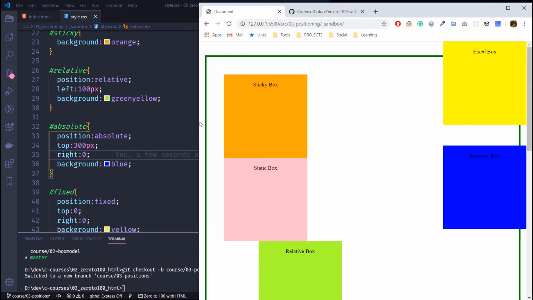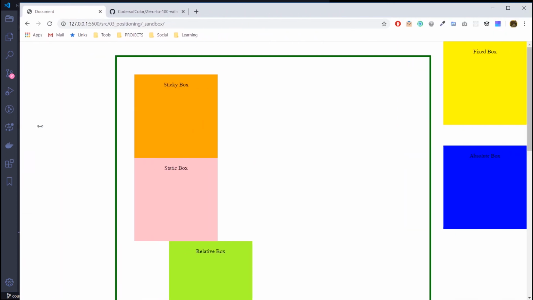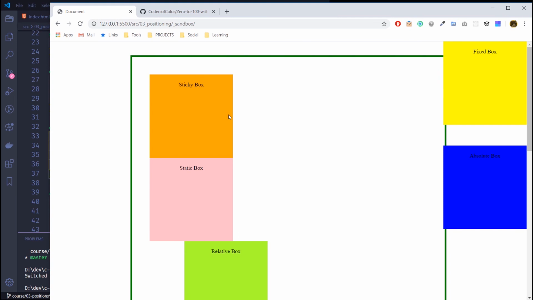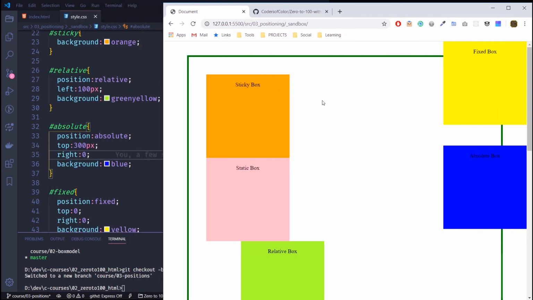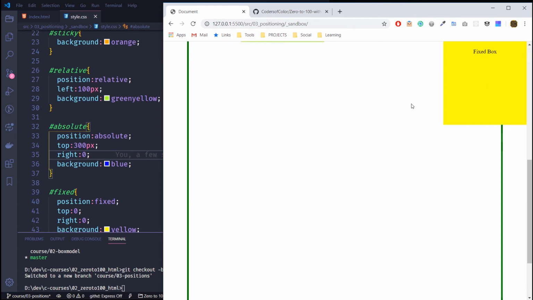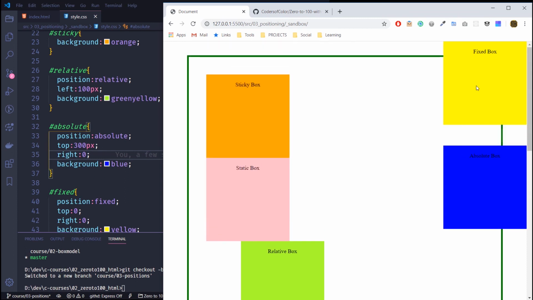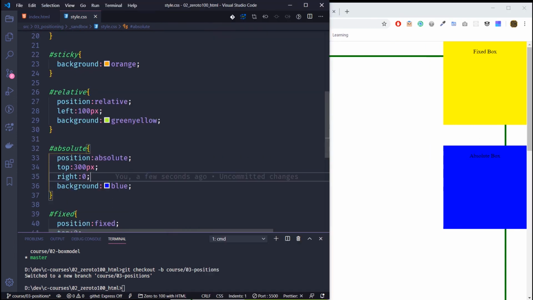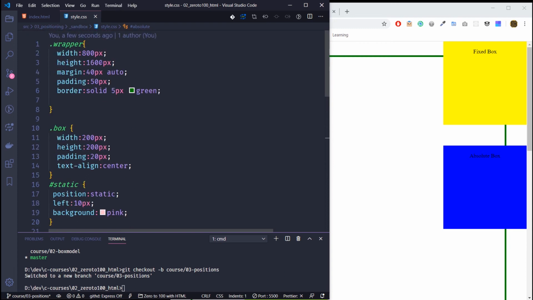So it looks like it's similar to position fixed, right? Because right now it's all the way to the right of the browser window. It's outside of this wrapper element, and so it's stuck there, right? But really it's not. You see how the fixed position element sits on top of it and stays in view because it's relative to the browser window, whereas absolute is not. It's still really relevant to its parent container. The only reason why it's sitting outside of the container right now is because we haven't set a relative position